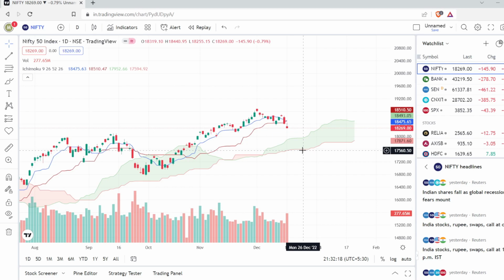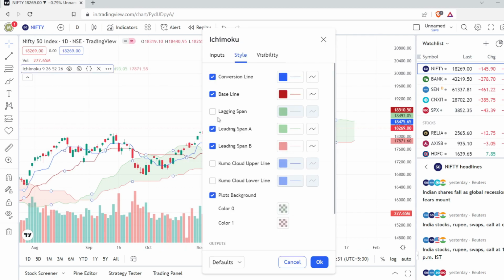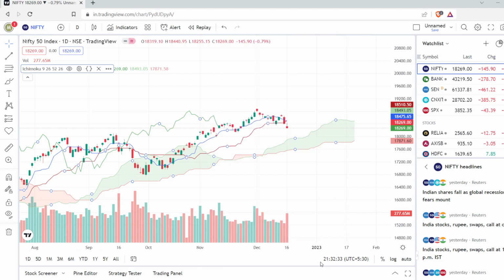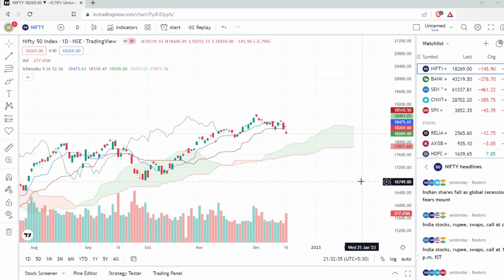So there's no proper decision as per the two indicators, so you cannot take a trade, right? The next thing that we are going to see is the lagging indicator, the lagging span indicator. The lagging span is nothing but today's price projected 26 days earlier, right? If today's price is,